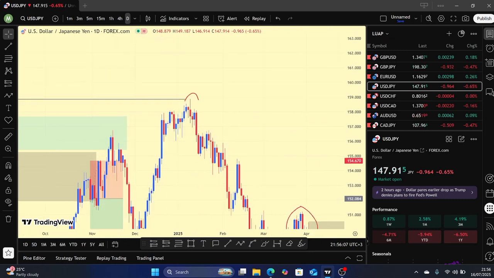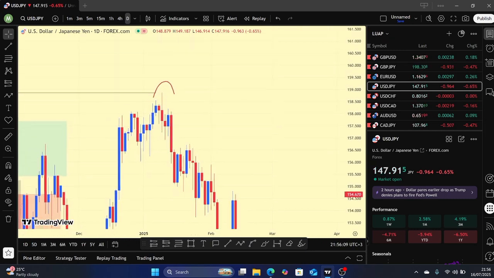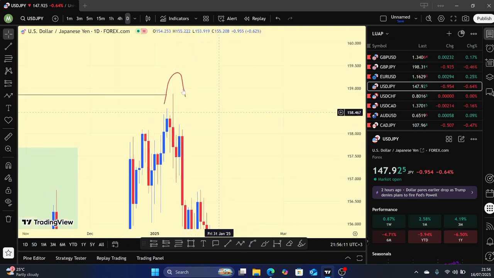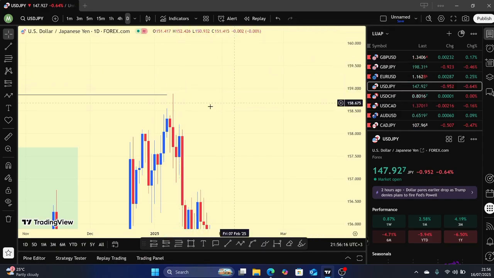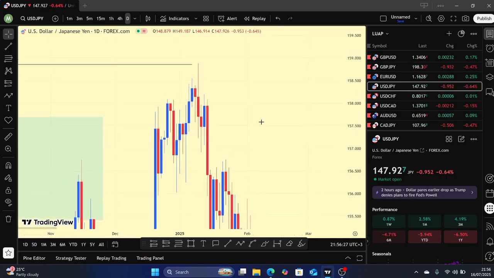You can clearly see, if I zoom in, that this candle just wicked above this here. Even though it didn't dip deep, it just wicked above, a small wick above, and then gave the rejection. That was enough to confirm the sweep, and we can clearly see the reversal pattern that price